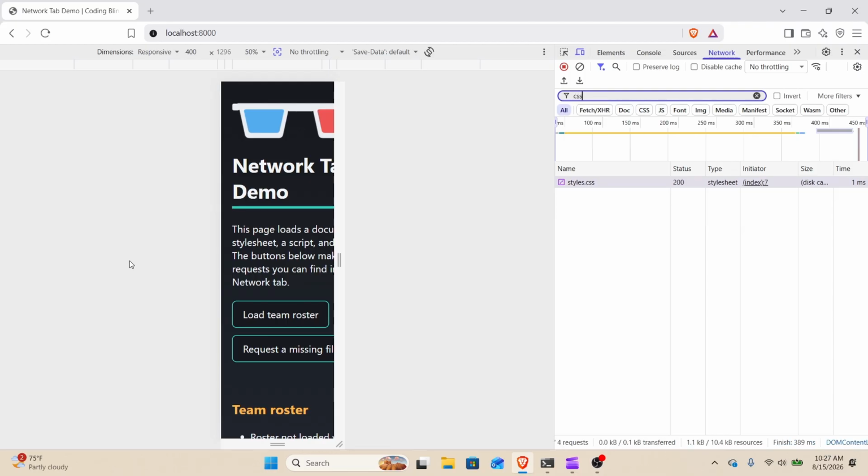Network data available. 1 of 4 requests 0.0 KB / 0.1 KB transferred 1.1 KB / 10.4 KB resources finish: 389 milliseconds DOM content loaded: 396 milliseconds load: 396 milliseconds. Awesome. So that's what you hear. So right there, I typed CSS again, and it pinged off on our style sheet, and those numbers right there. So one of 4 requests had CSS associated with it, and then it talks about the time and how